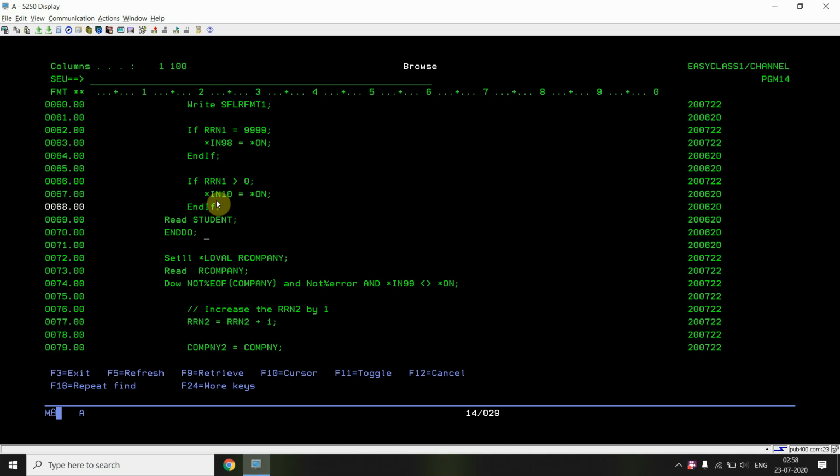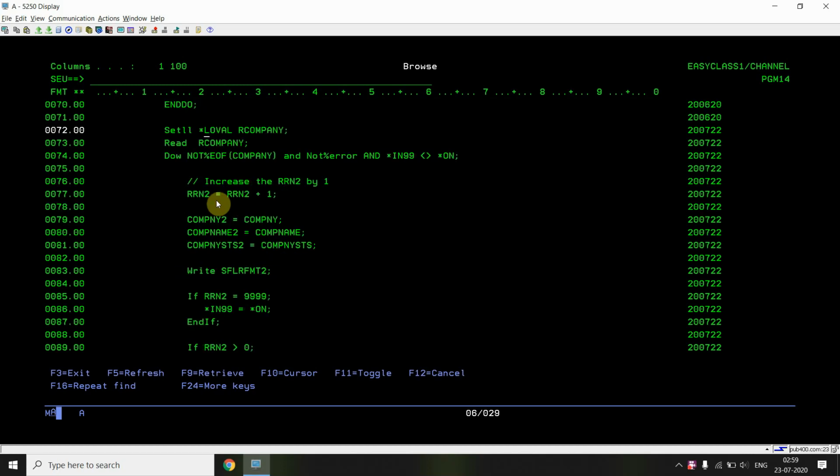So all the records of the student file will be read, up to the limit. Once the limit is reached, or the end of file is reached before that, either condition can be met: either the records in the student file would be fewer than the limit, or if there are more, then only the limit number of records of the student file would be loaded into the subfile and displayed, because this is the load-all subfile.